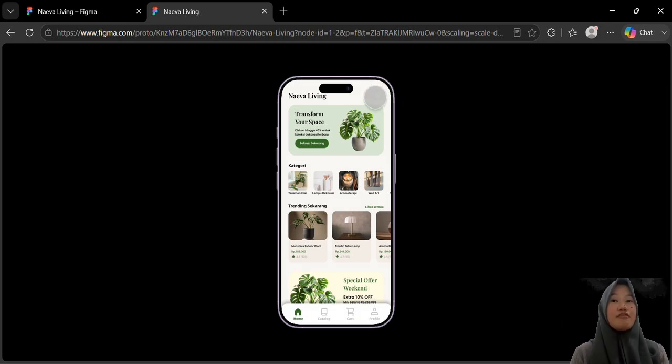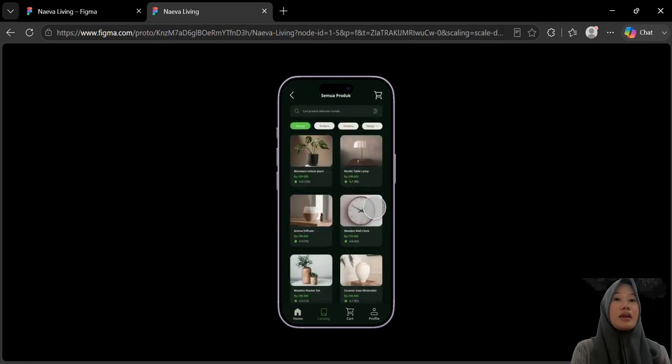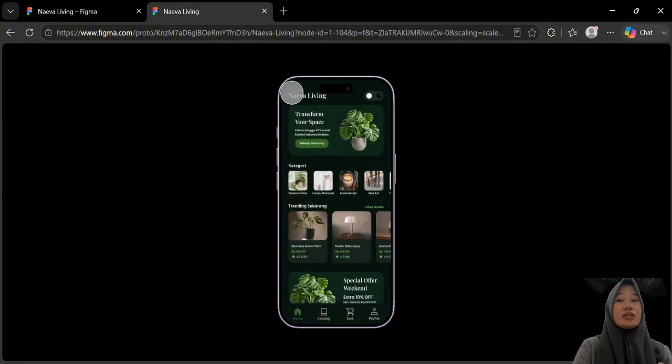So, if we click the toggle switch component in the upper right corner of the home light page, Smart Animate will take us to the home dark mode page. This toggle feature also works on the catalog page, making the mode transition universal regardless of which page the user is currently viewing. In the trending now section, there is a see all text button. When we click this component, the Smart Animate transition will take us directly to the product catalog page or frame. This interaction allows users to quickly access a complete list of products from the